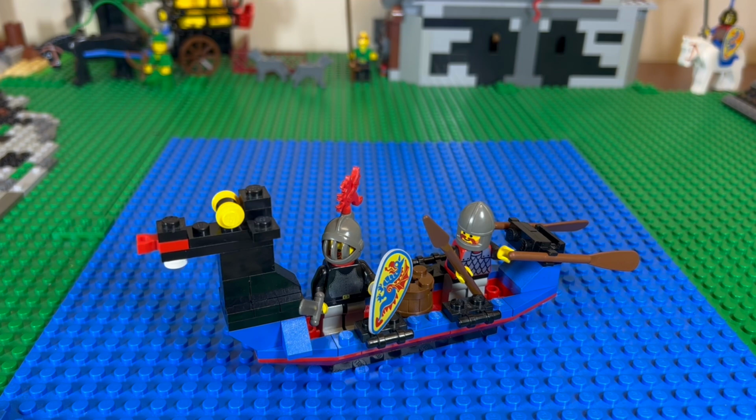Okay, so here we have set 1547, Black Knight's Boat. This is a cool little boat. It's kind of canoe-like, I guess sort of Viking-like, which is really, really cool. I love the dragon head on the front of it, which we'll get to in a second. There's some discrepancies there, actually, but I'll get to that in a second. But anyways, set